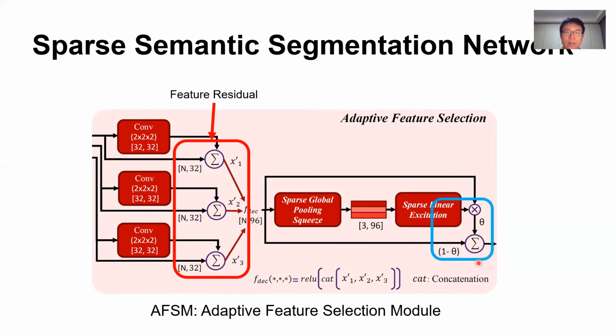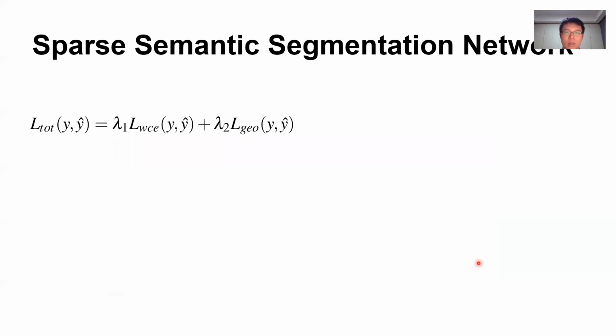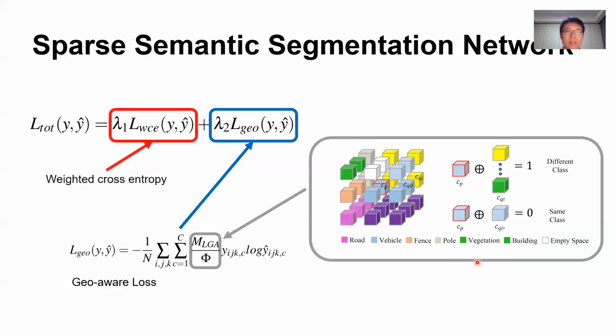Our customized loss function has two major components. One, the weighted cross-entropy. Two, the local GeoAware loss. We define a local GeoAware term by calculating the neighborhood anisotropy of the current point and pointwise scaling the entropy of each point. The anisotropy is defined as 0 if the class label is equal to the neighborhood, and 1 if they are not.